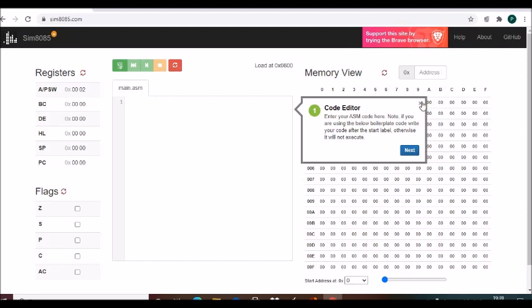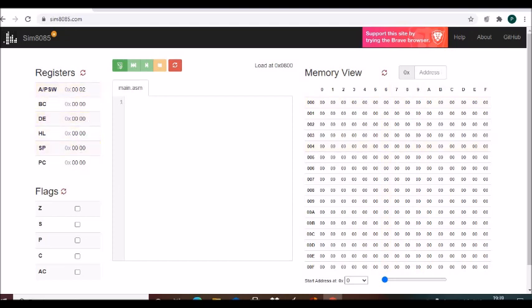Now here you see these are the registers and these are the flags. You all know this is the accumulator. What is PSW? I have told you PSW is used during push and pop. If you want to get back the data of the accumulator, you have to write PSW. So only for push and pop the PSW is used. The accumulator and the flag register together form PSW. So you cannot edit the flag register part, but you can edit the accumulator.